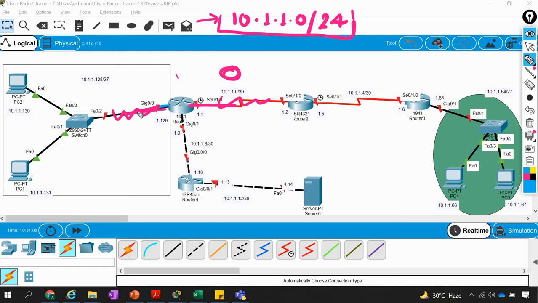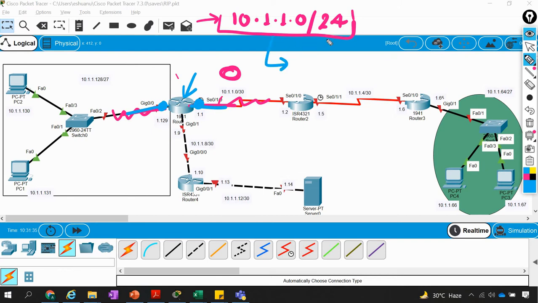If you assign IP addresses of the same network on this one as well as on this one, the router will give you an error that you cannot assign it, as they belong to the same network. So in order to assign this, because you have only one pool, right?